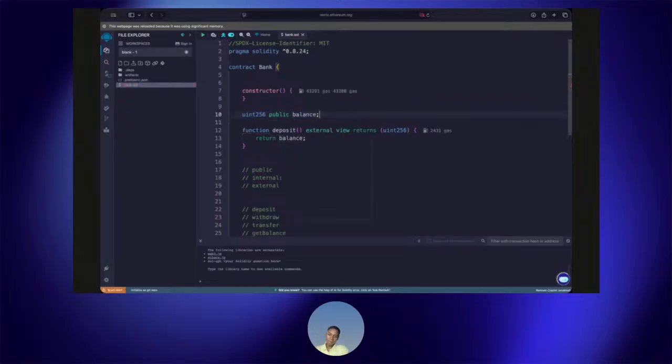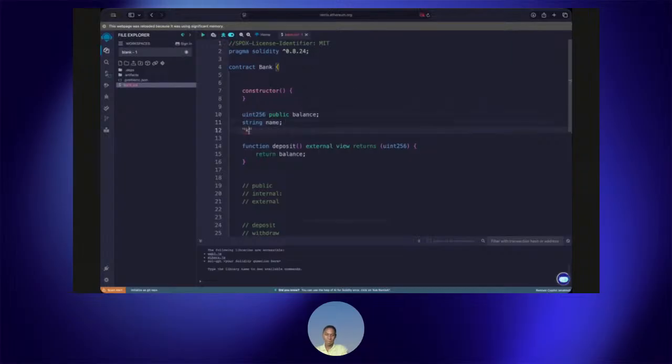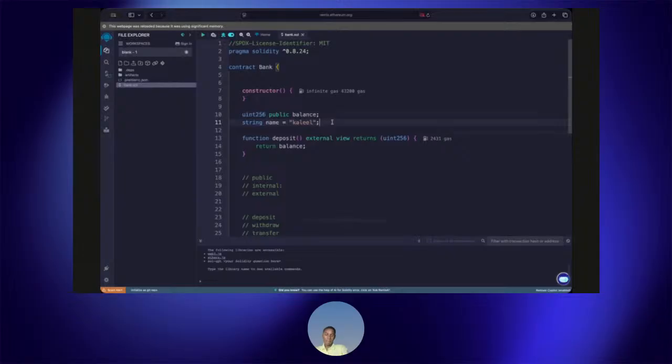Now we have other types, which is string, and you can also declare string as maybe string name. So string is just something like your name, so Kaleo or something. So this can be a string, so we can declare this as Kaleo, and this is the string for you.